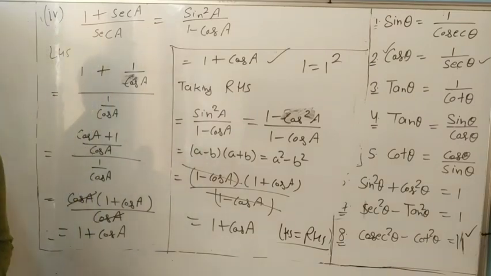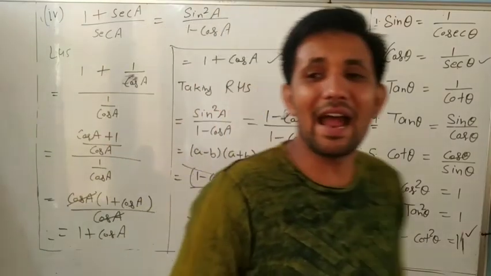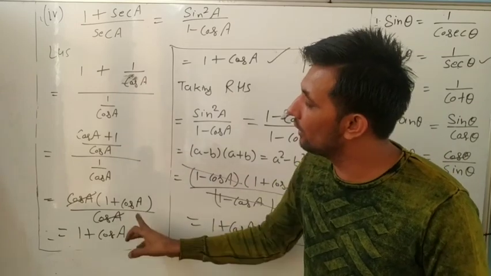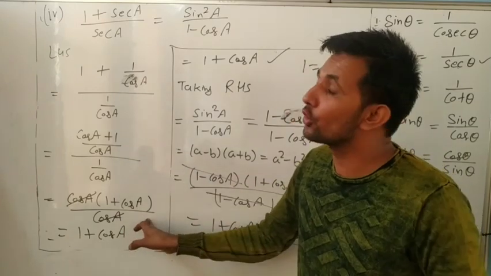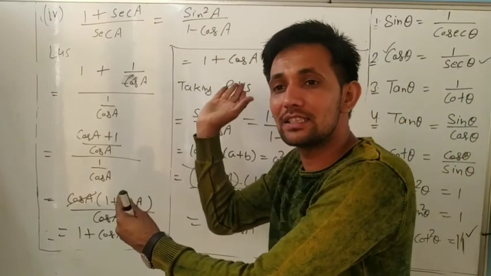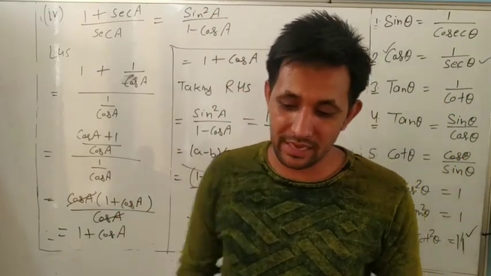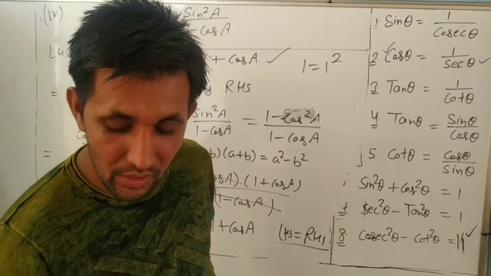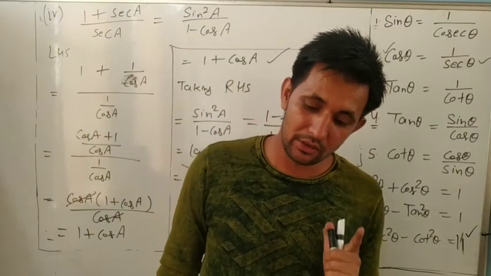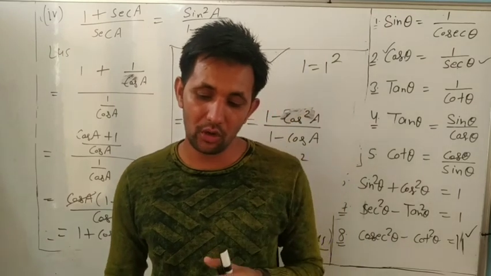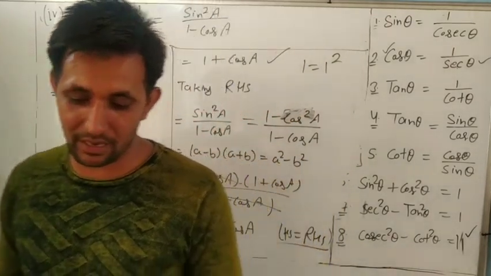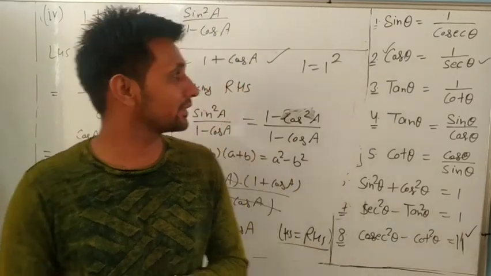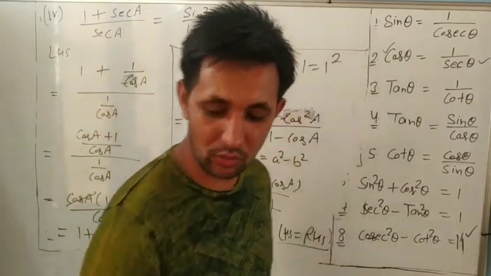Understand here? So always remember, you have to solve at least up to 2 or 3 steps. And after that, if you observe that the answer does not come, then you can take the right hand side also. Okay dear? The same as this question, you will do the 9th part yourself. The 9th part you have to do yourself. And the rest of the questions we will do in the next class. Okay dear? So please note it down.